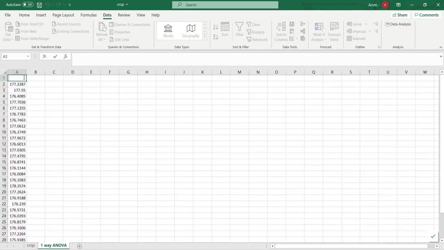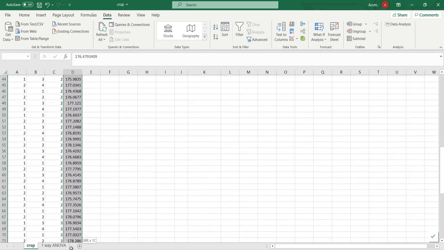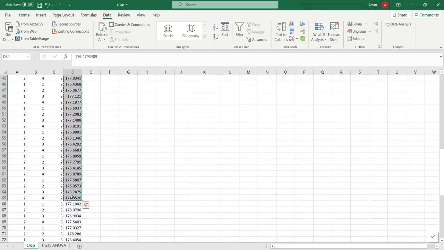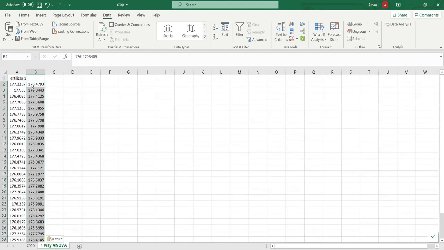Let me give the column name as fertilizer 1. Similarly, I have to copy the yield for fertilizer type 2 and paste it in the second column. Let me give the column name as fertilizer 2.